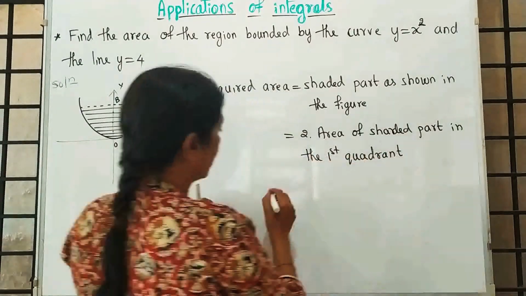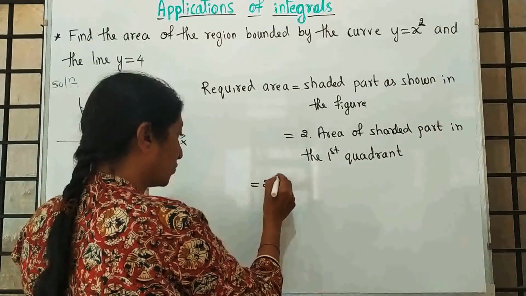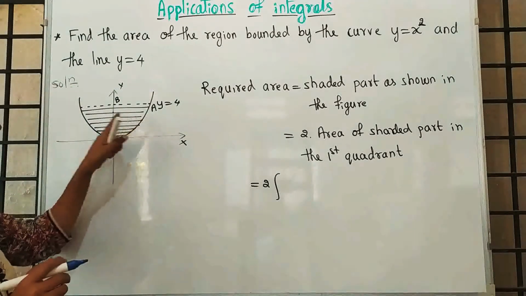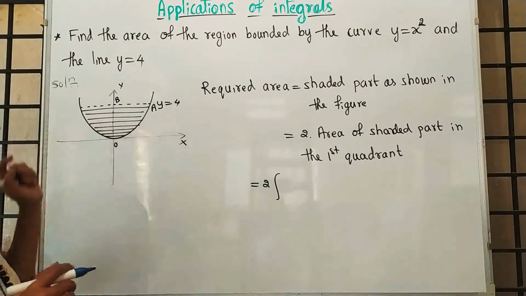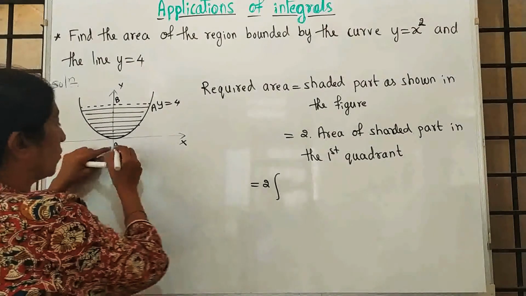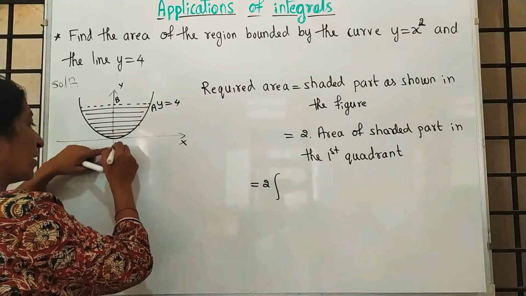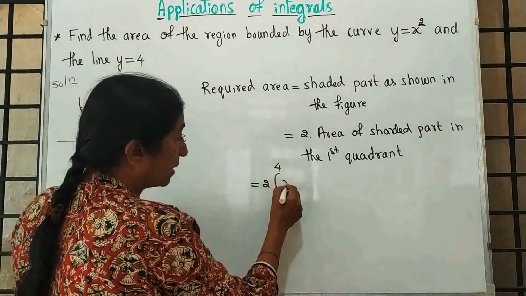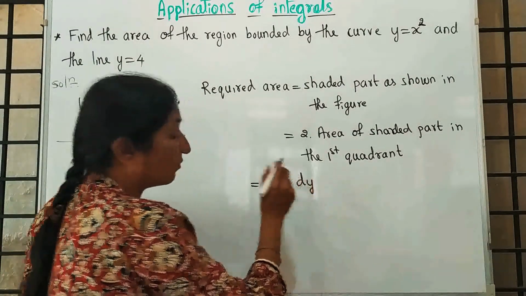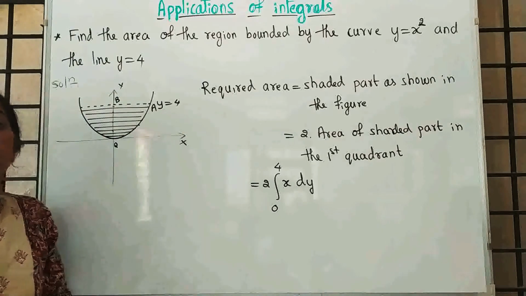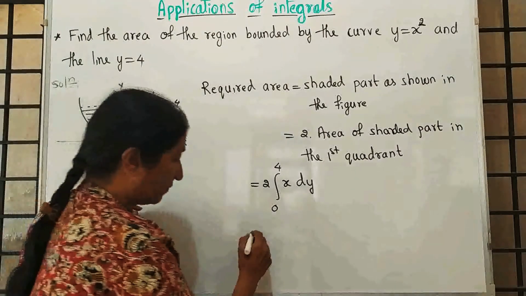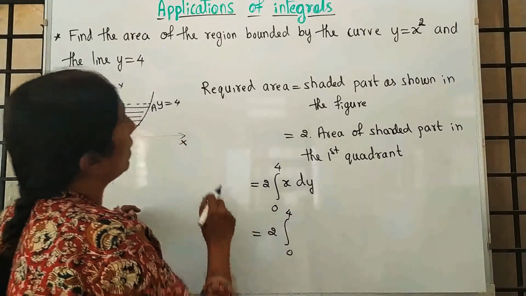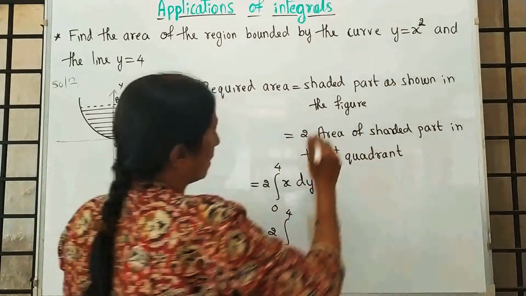Now I am taking the area between the curve and the y axis. The y value lower limit is 0 and upper limit is 4, so it is x into dy from 0 to 4, because we are taking an area between the curve and the y axis. It is 2 into integral 0 to 4. What is the x value from the curve? X is root y